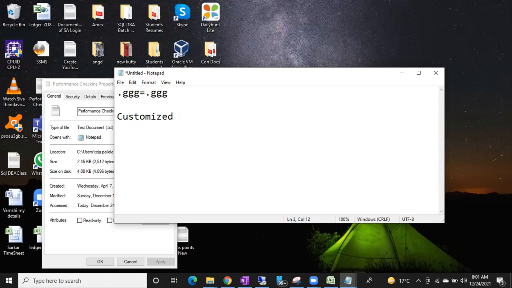Agree? I'm installing Windows Server for my SQL Server. I'm not installing SQL Server for the sake of Windows Server. Agree, everyone? So my priority is SQL Server. So why do I have to use the existing inbuilt service accounts? They're already busy with other services, right? So I'll create a separate service account called a customized service account. Is it clear, guys? This account is responsible to read the data and write the data from the disk to the disk. Any doubts, let me know. Very important concept, service account.